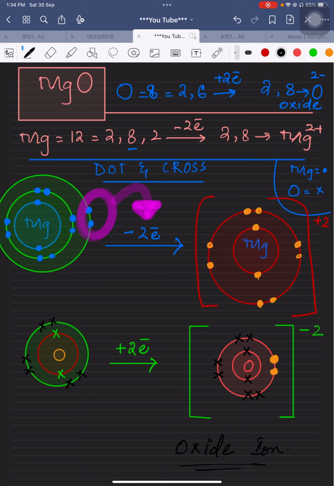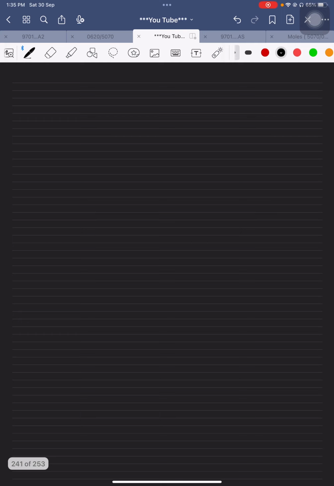All right, so the top one is called the magnesium ion and magnesium atom, and the other one is the oxygen atom and oxide ion. So this is the oxygen atom. So I hope this is clear now. I will teach you one more example for aluminum oxide,